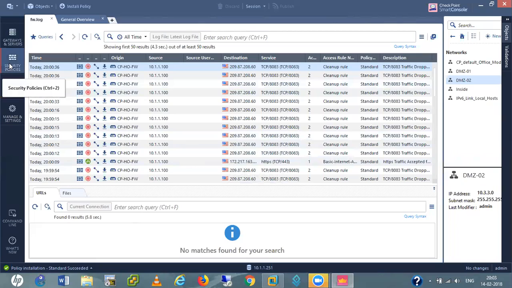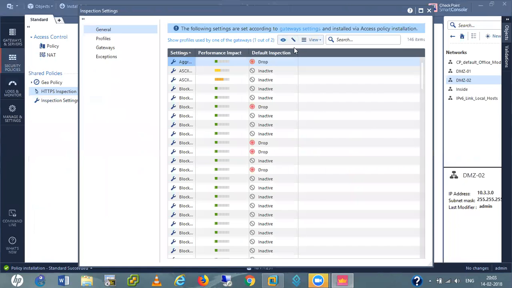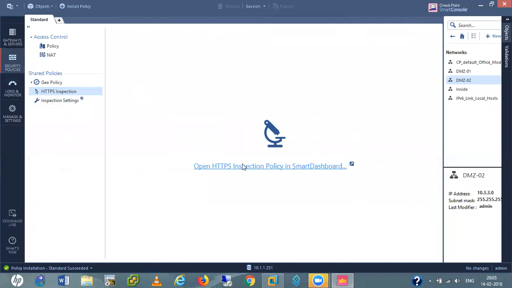So now I am going to my security policy, okay. Inspection settings. The following settings are set according to the gateway setting installed via access control installation policy.